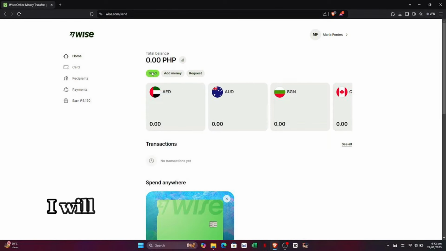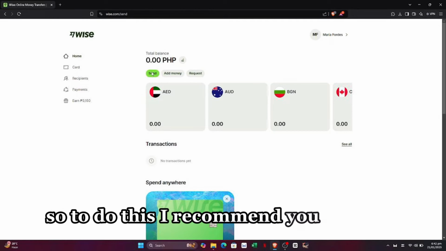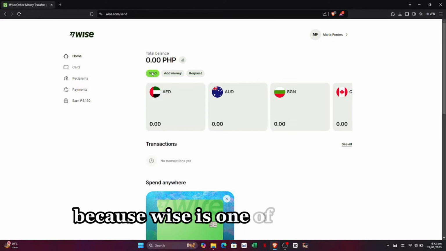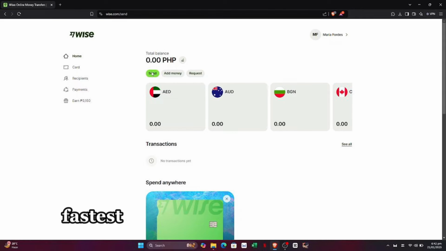In this video, I will show you how to transfer money from India to Singapore bank account. To do this, I recommend you use Wise because Wise is one of the easiest, fastest, and cheapest ways